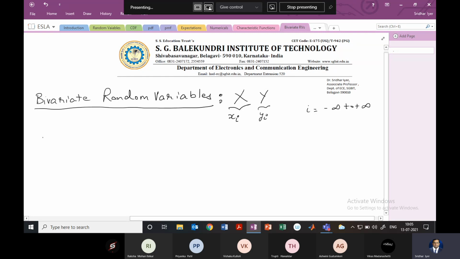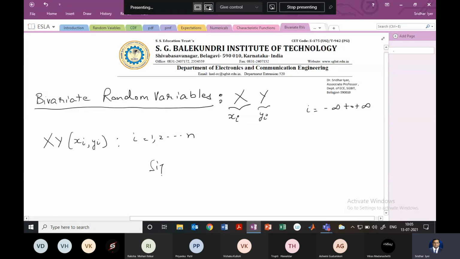So we'll be finding the values like this. You'll have the values xi comma yi, and this i will go from let's say 1 all the way till n, because we want to deal only with positive values. So this is a case of multiple random variables, but instead of directly going into multiple random variables, we'll do a bivariate random variable, and then the same logic can be applied to 3, 4, 5, and so on random variables.